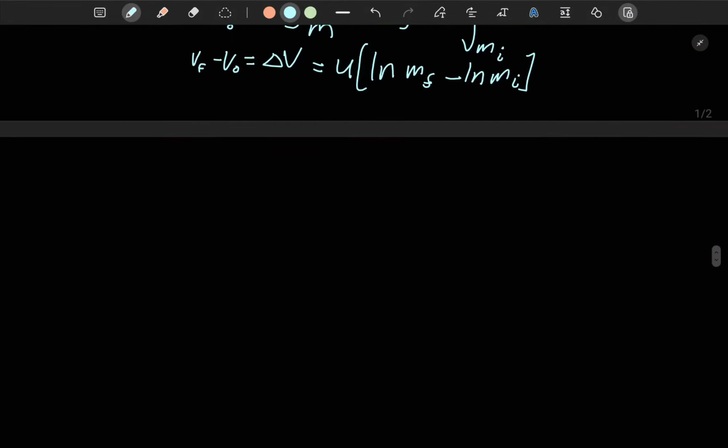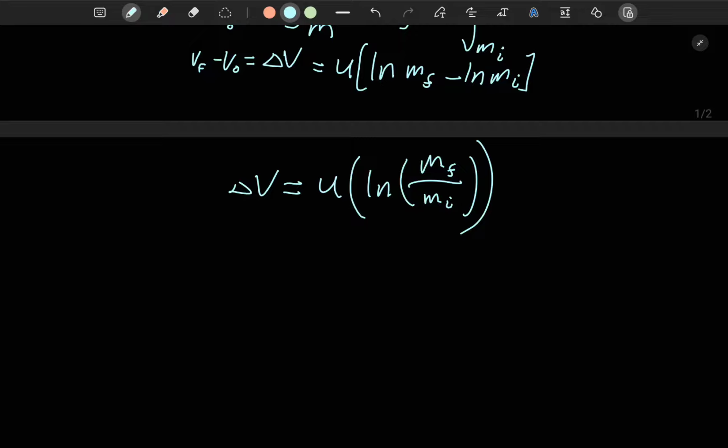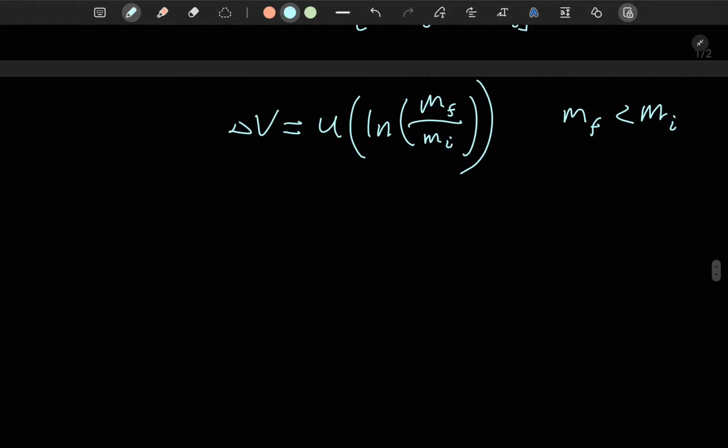But the keen-eyed among you may realize we can use our natural logarithm properties. So this ends up giving change in v is equal to u times the natural log of m final over m initial. But there is a slight problem. M final is less than m initial by our definition of this very problem, the rocket equation, right? The mass of the rocket is decreasing. So that means the argument of this natural logarithm is going to be less than 1, which gives us a negative number,